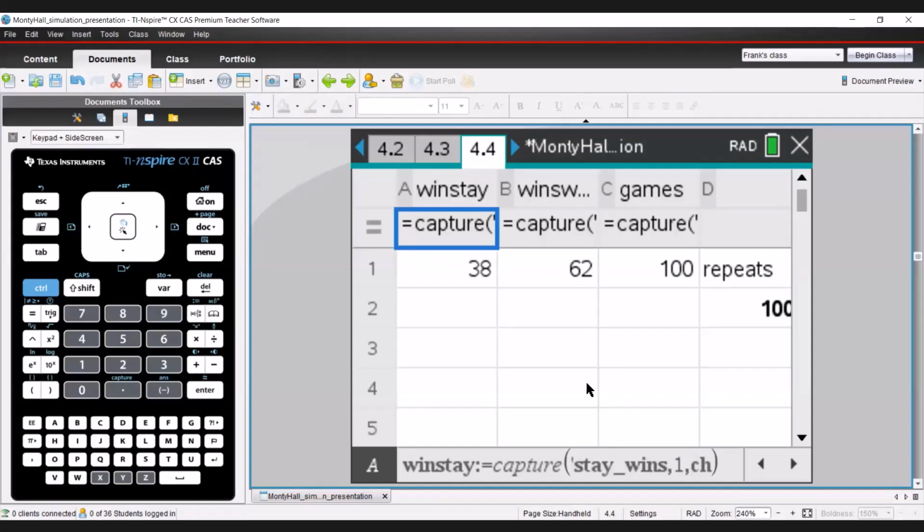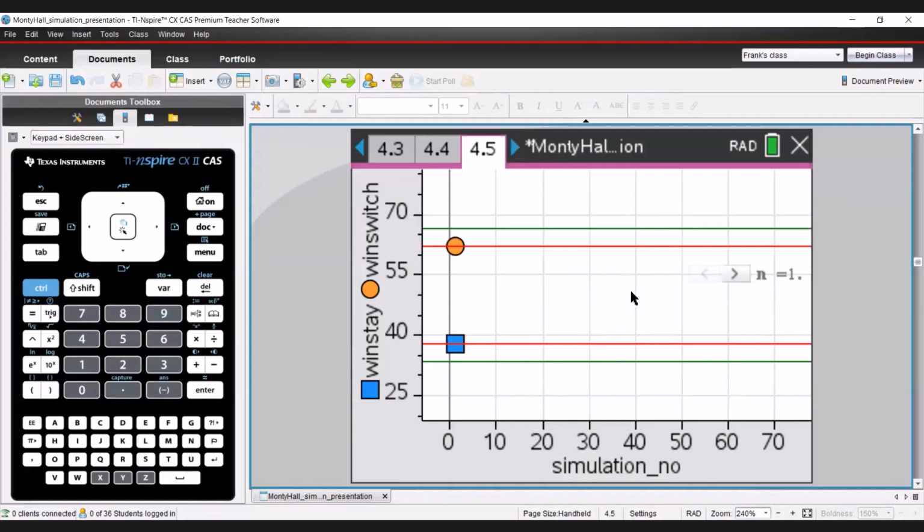So if you get 30 wins twice in a row, it will record twice. Without that CH, which is just a random integer, a random number that's hidden somewhere in the spreadsheet, it would only capture it once if you get repeated results. Okay, so every time I increase the value of n, I recalculate and it adds another